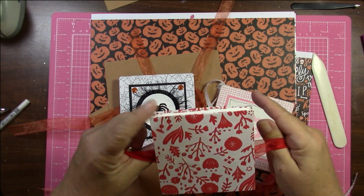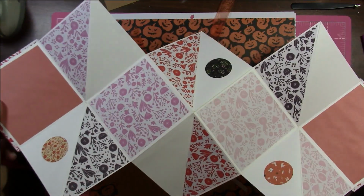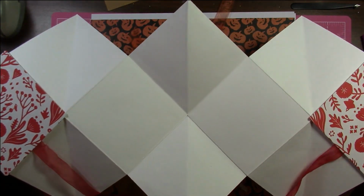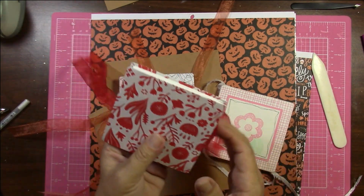And there's the back. This isn't completely decorated yet. I do have the inside front decorated, and I'm probably going to go ahead and decorate the back before next